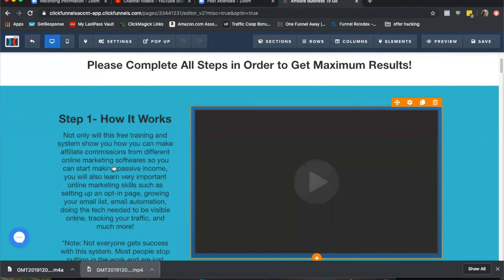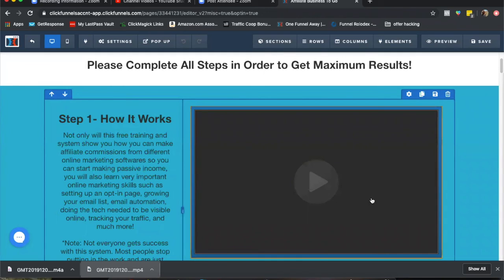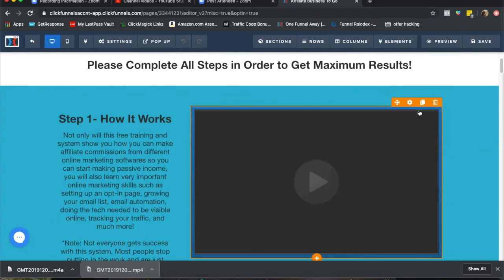So all you have to do is highlight, you see this orange right here around the video. Let's get on the orange, and that's where the settings is for this element. In ClickFunnels, the elements are in orange. So this is an element too. This block here is an element. All right, so we're going to edit this element here, go to settings,